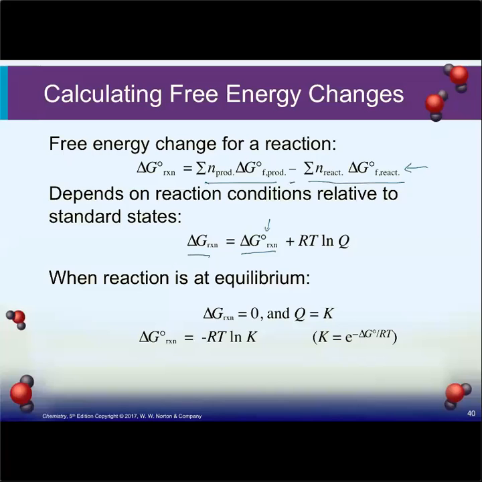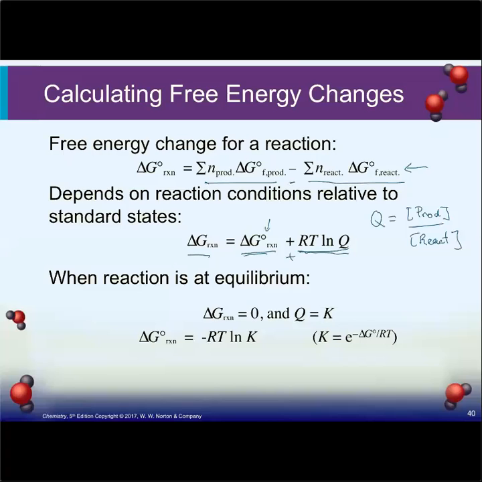You'll have different concentrations. You're not necessarily going to be at 1 molar. So you need to correct that delta G by adding this term here, RT natural log of Q, where Q is, again, the same expression as the equilibrium constant. That means concentration of products over reactants. Please interrupt if you have questions. So